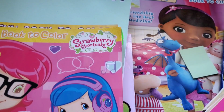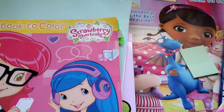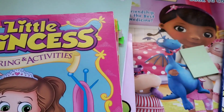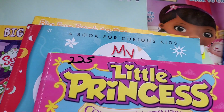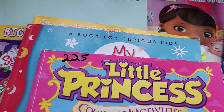I just want to go in it. Okay, so we have these ones, strawberry shortcake. We have these ones, and since I started this quite little obsession, I would say, with crayons,